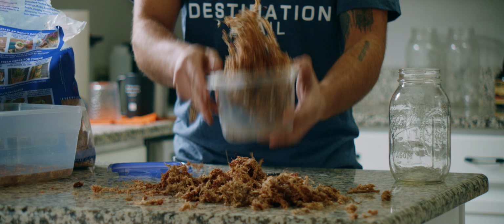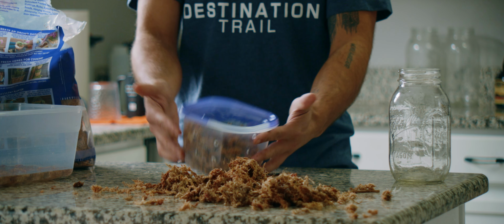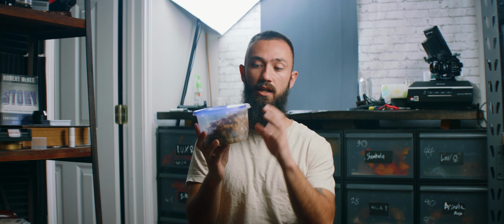That's what you want. You're just going to get some sort of Ziploc container, kind of like this, which I use, and then you keep the lids. All that I do is I literally just cut one of the corners off so that the females can get in and out easily, because originally I didn't have the lids on it, and the females would tip it over and play around with it the whole time, and they would get stuff all over their enclosure. So if you have a lid on it...